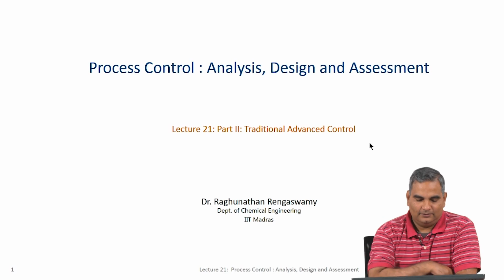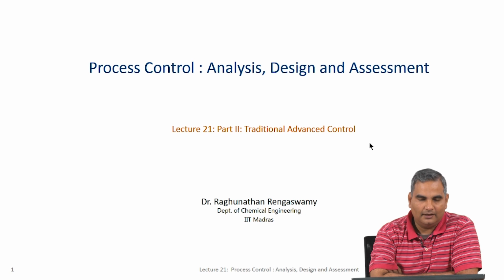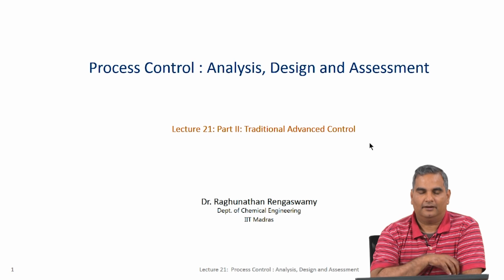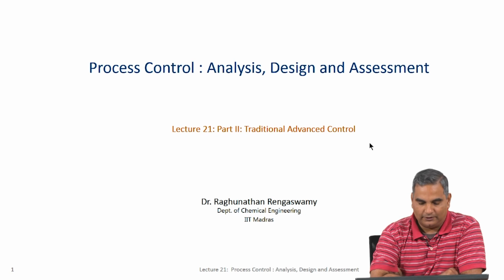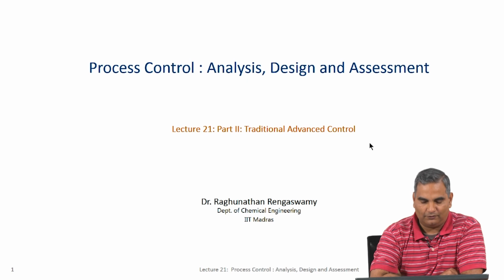In the last two lectures, we looked at some interesting dynamics in terms of inverse response systems, and the difficulties that arise out of the inverse response and the difficulty in tuning controllers for inverse response systems and so on. So, before we go on to truly multivariable control, there are three different components of a transfer function which can lead to difficult dynamics as far as control is concerned that we are going to look at.